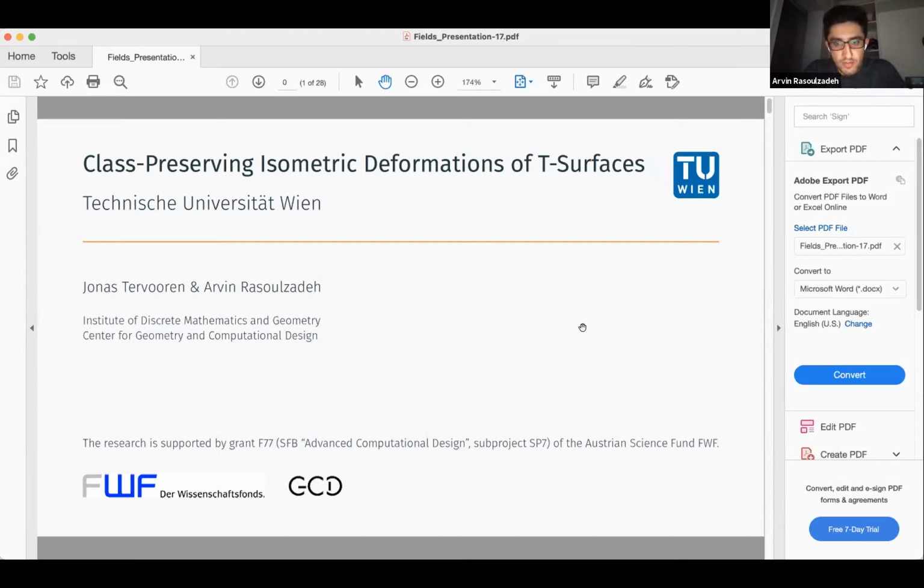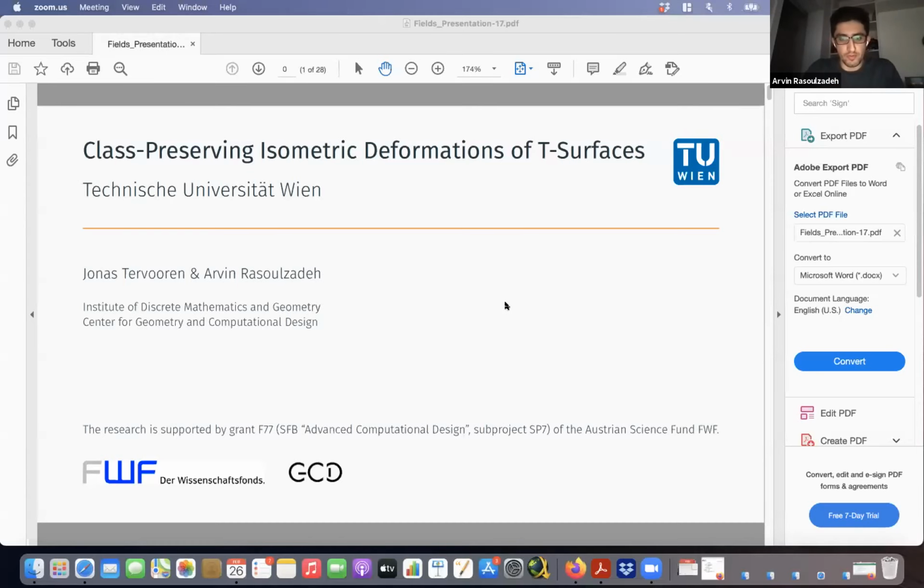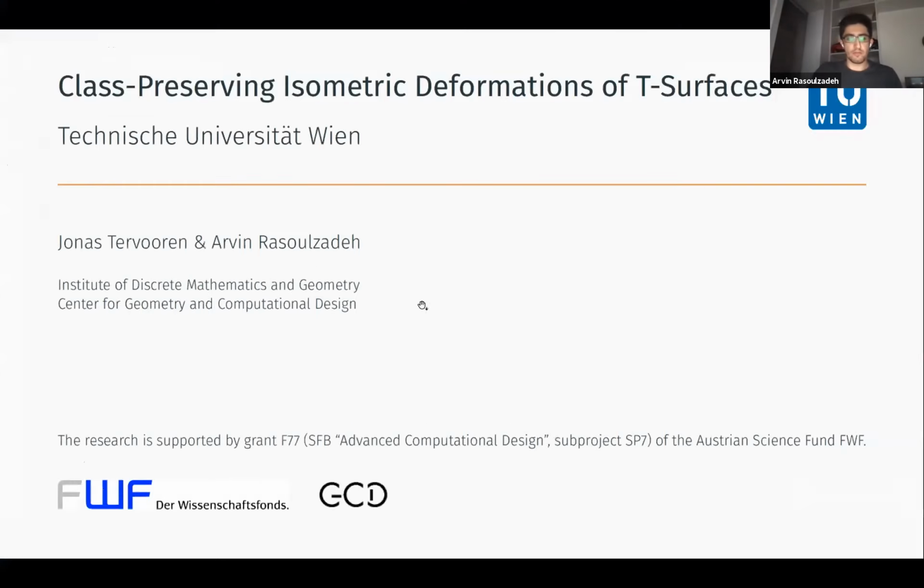Just, there is a problem that I can't make it full screen. Apparently, when I make it full screen, it stops sharing. One moment. I think it should be good. Okay. So,